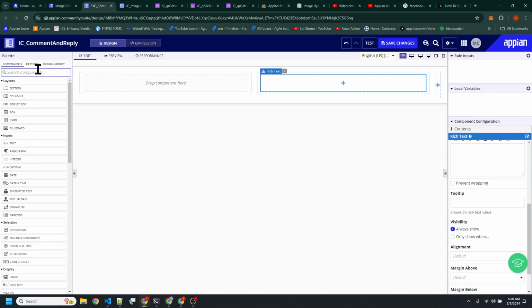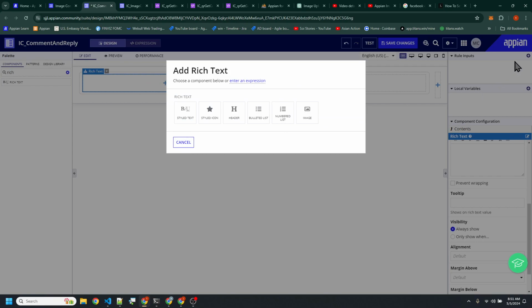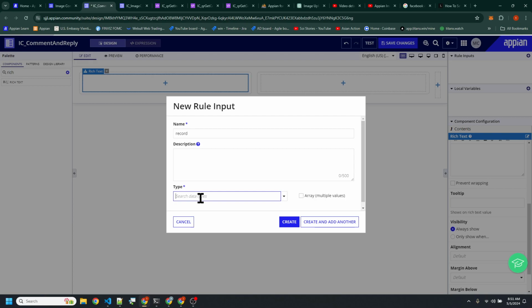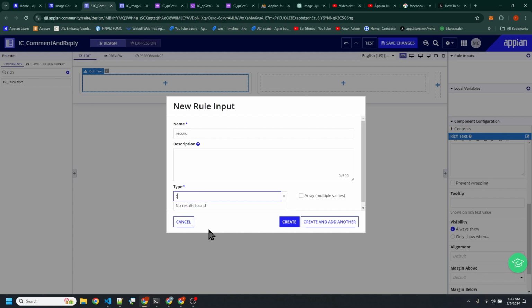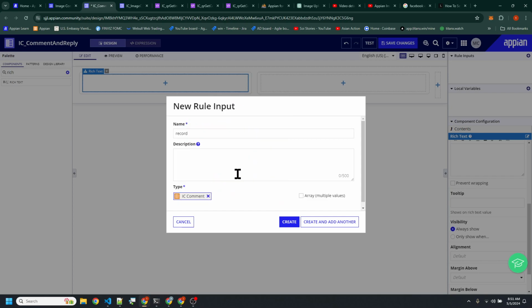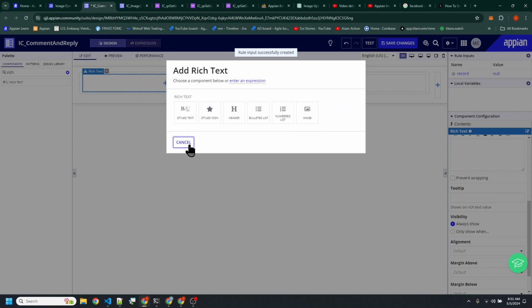So I'm going to say that this is going to have to be a record, right? IC comment, right? Or a comment, and then find it, because some of these are named without the underscore. So this only occupies one comment. It's on the left side, on the right side here.